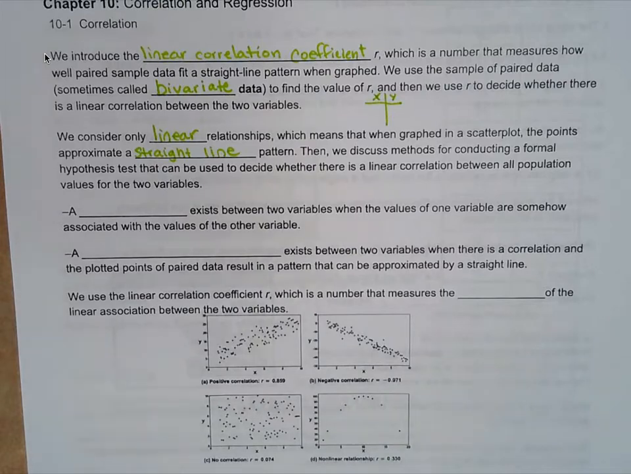So this is stuff we've already done. We've done this in college algebra. You did this in Algebra 1 and Algebra 2. Then we discuss methods. This is where it goes into more of the statistics side. We're going to discuss methods for conducting a formal hypothesis test that can be used to decide whether there is